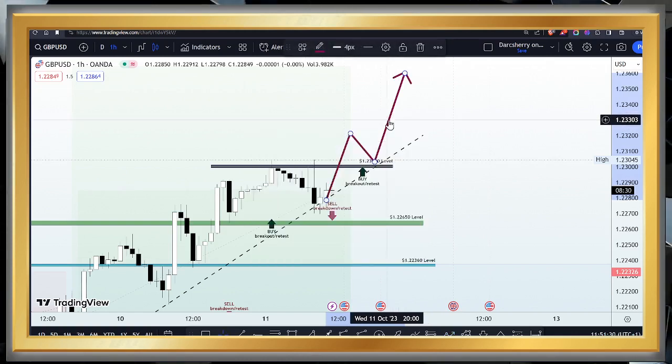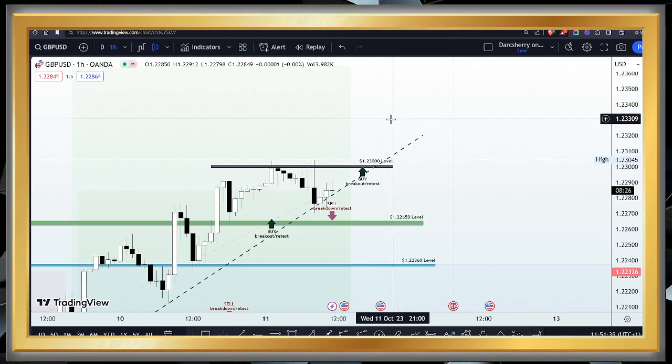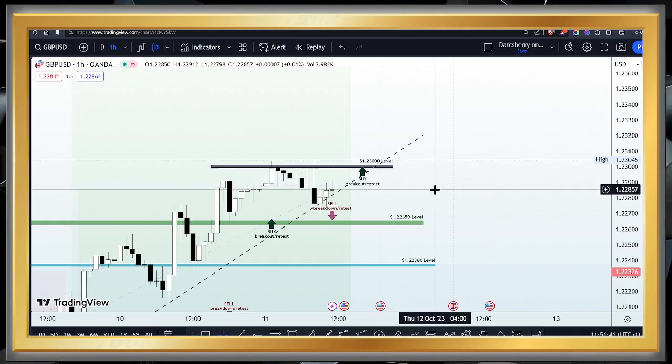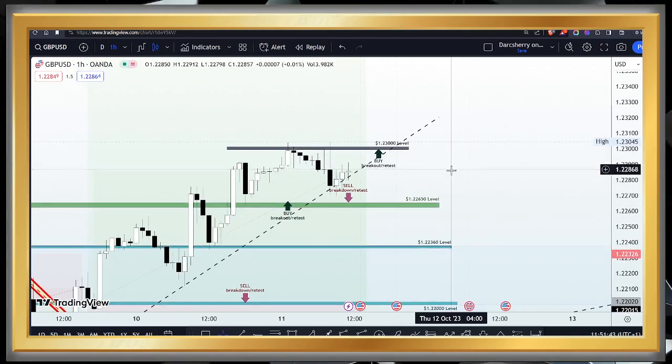So that means price still remains above the ascending trend line. Now there are two ways in which we can capitalize on this. For those who are with me and know how to do this, fine, but if you are new with us, then let me explain to you in clear terms.